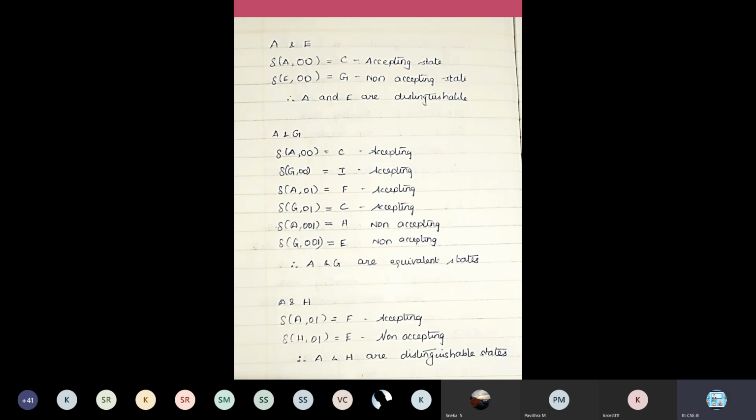Time is up, so we can complete today's portion. We'll continue with the same problem in the next class. You just go through and try to solve. In this slide I have compared A with G and A with H also. This is the method, just try to solve. We'll pick it up tomorrow, otherwise tomorrow we solve the remaining steps. You just revise both. We'll solve the same problem once again tomorrow.